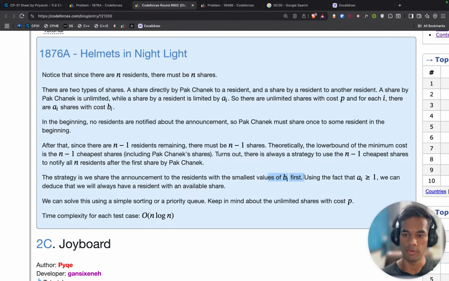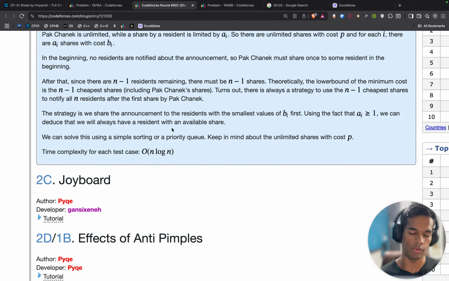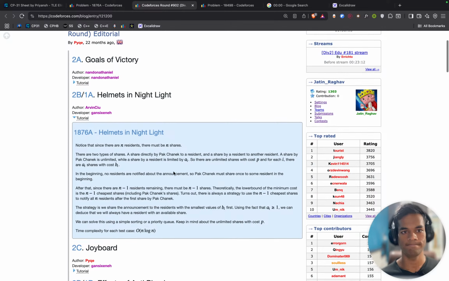So we keep going with the resident with the smallest cost till we announce to all the residents, or the smallest cost at that time becomes larger than P, in which case we will announce to all the remaining residents with the cost of P. And yeah, we do sorting to find the smallest B as fast as we can, and the time complexity of sorting is n log n, which is cool.